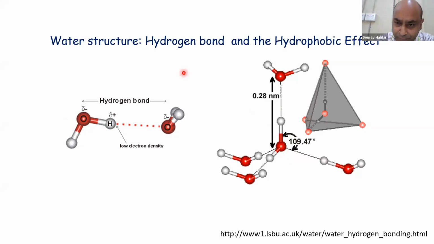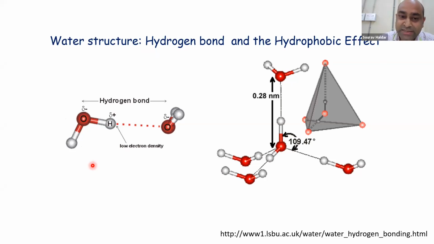So basically, since the water molecule has a very particular structure, it is actually very clannish in nature, or very xenophobic in its nature, meaning it will not accept any molecule which does not have the ability to form hydrogen bonds with it. So that means all the hydrophilic molecules somehow have the ability to form hydrogen bonds with water. All the hydrophobic molecules actually do not have the ability to form hydrogen bonds with water.